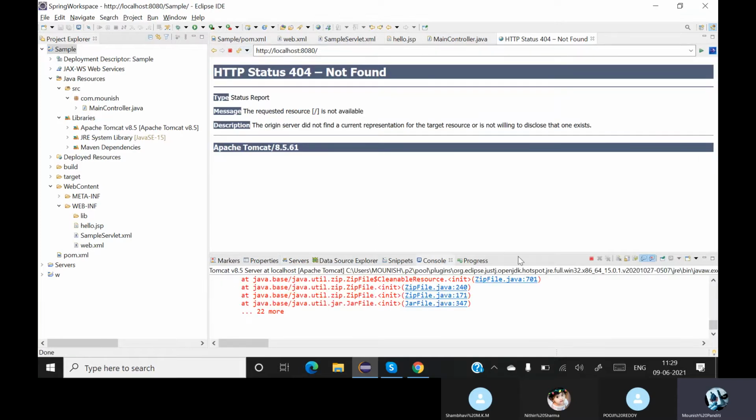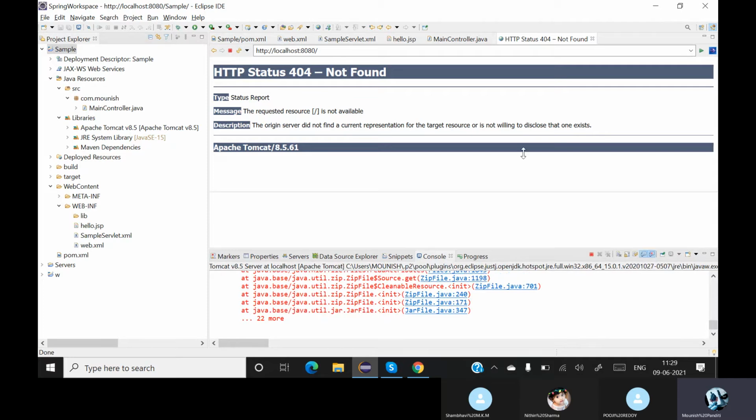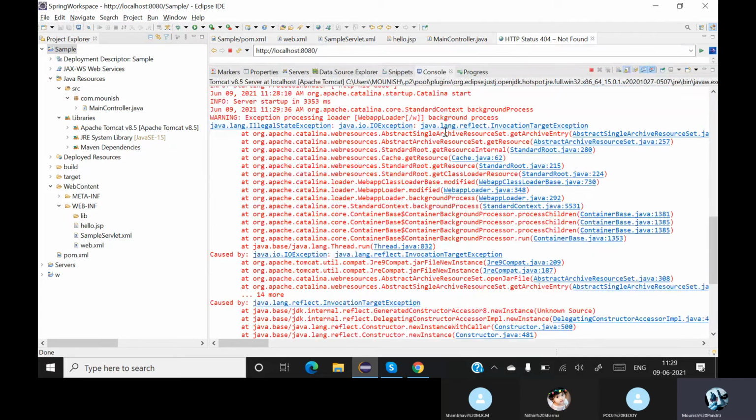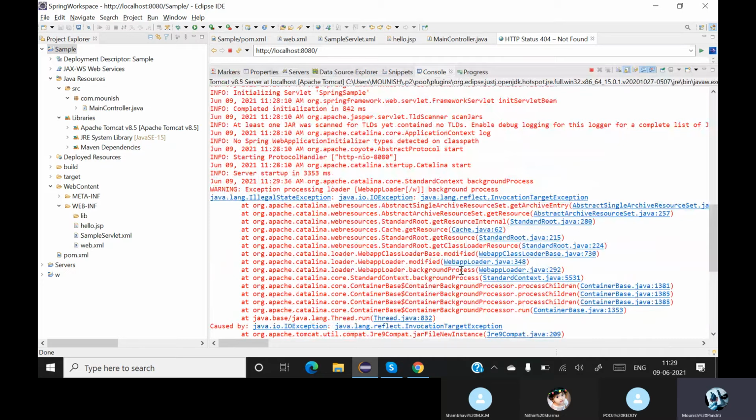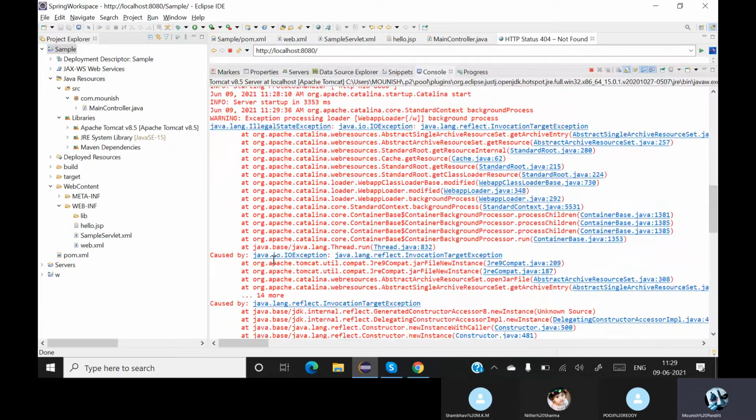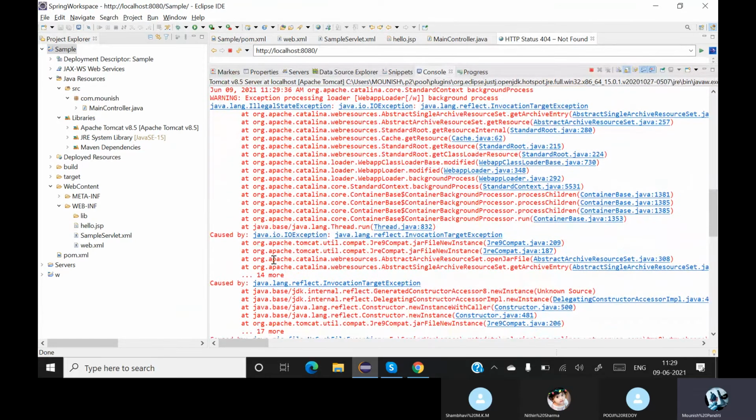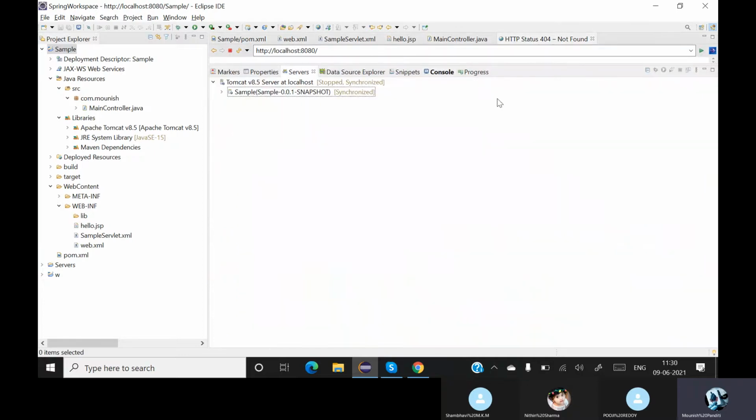Okay. And here is my error in the console. No file, IO exception, invalid target, and the target is